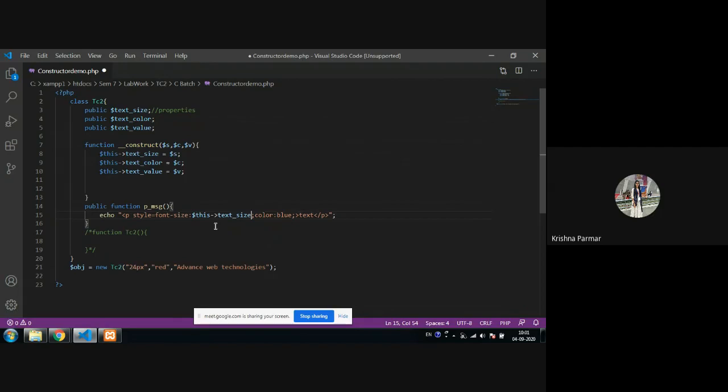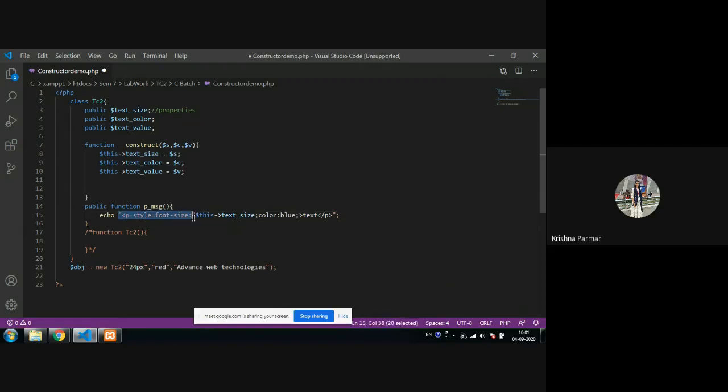So you have to write it outside of the double inverted commas. This is only the string, like p style equals font size and colon. Whatever CSS property and HTML tag are there, you have to write in the double inverted commas. So I just close the double inverted comma here. Now it will interpret perfectly regarding the text size. But what happened?